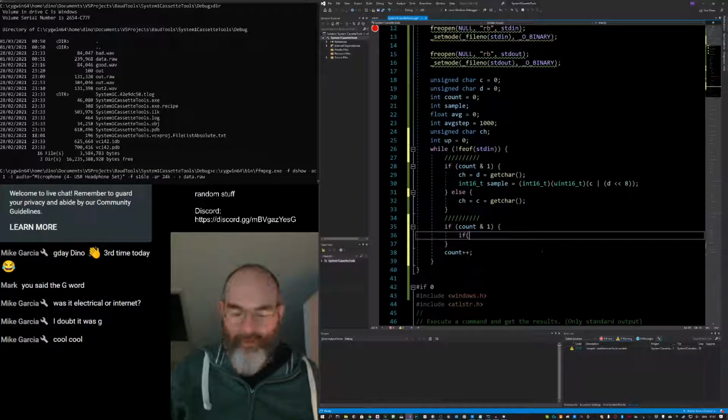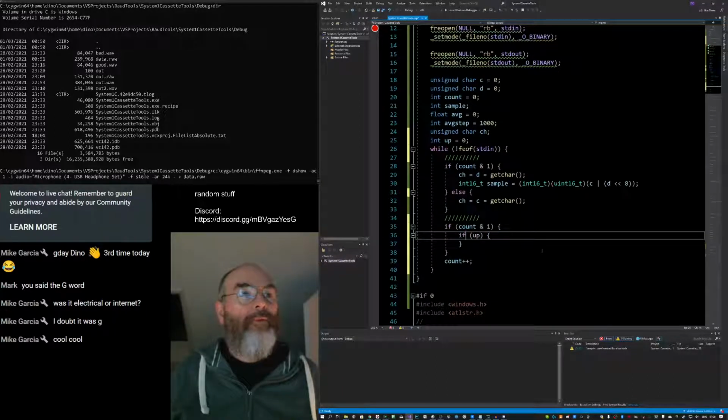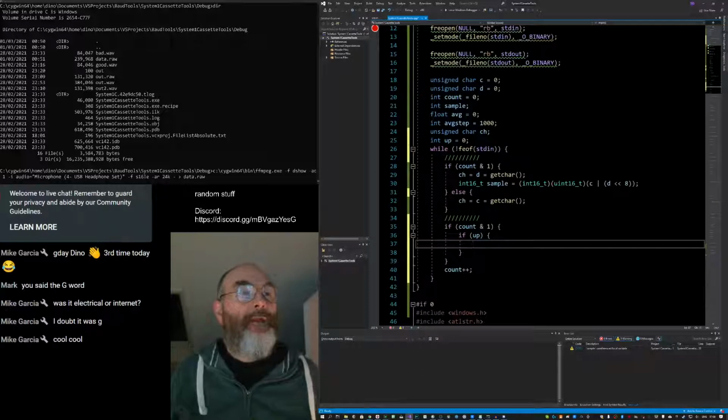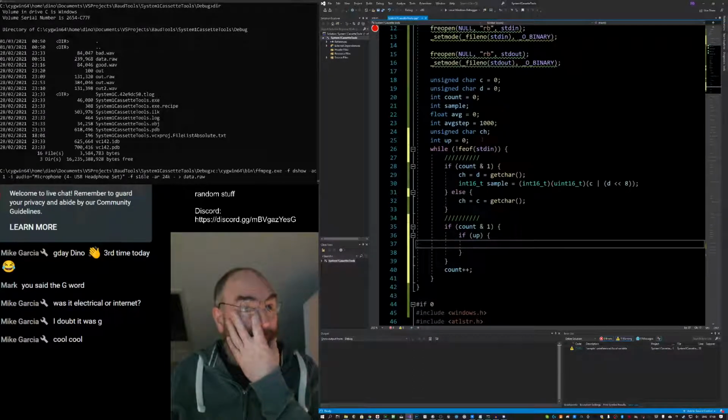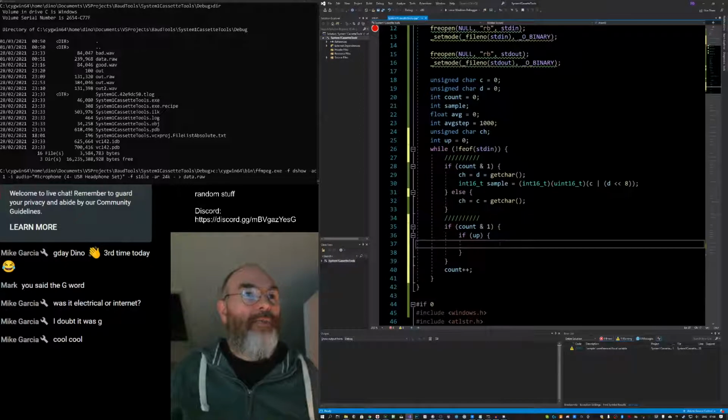So if up, I need to also know the previous. Oh, the previous should be up. Yeah, if I'm up, I want to check when it drops down below if negative. So if the sample is negative while we're up,